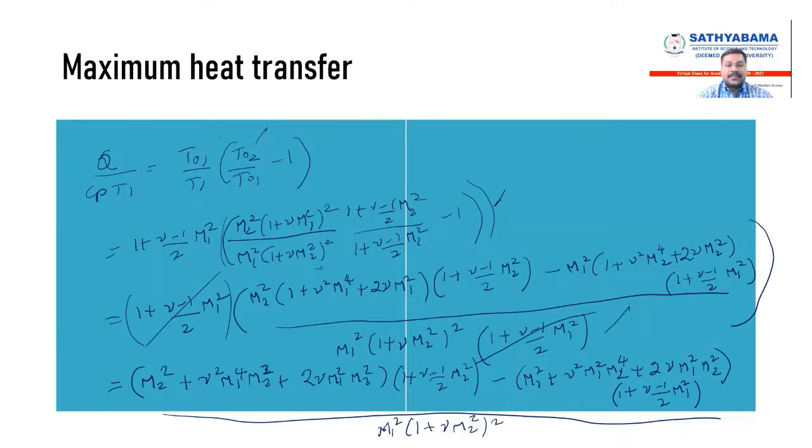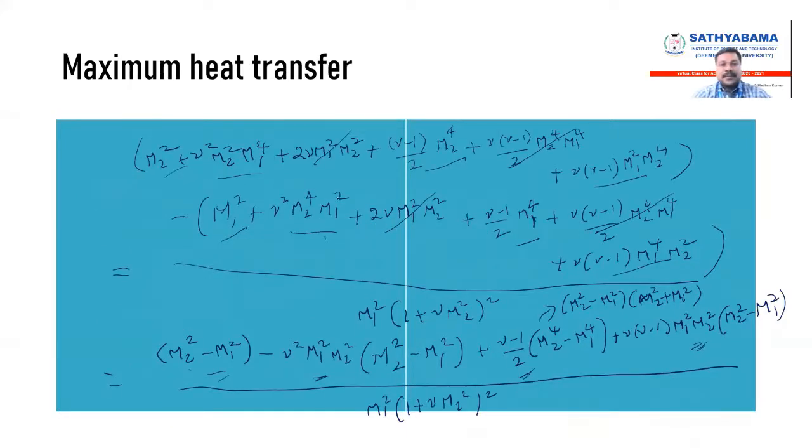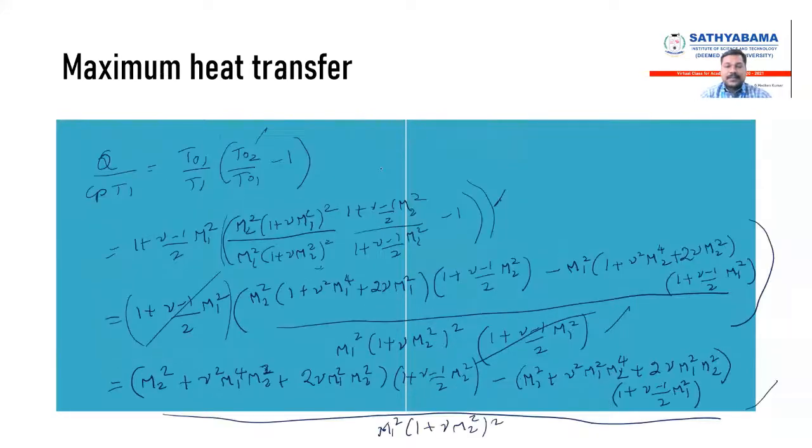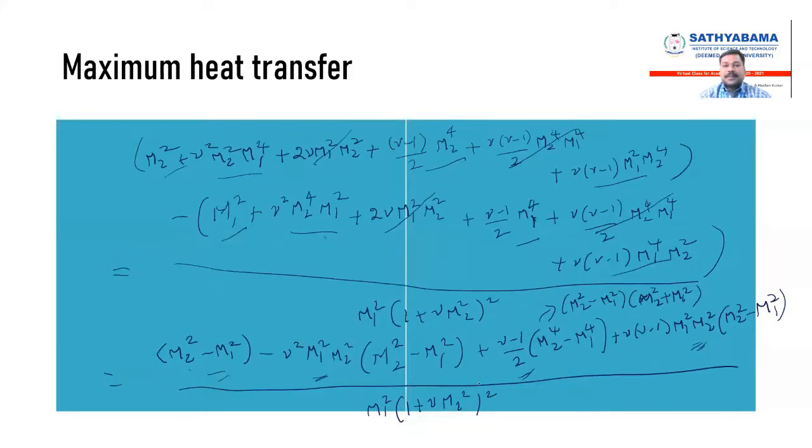And after cancelling out, what we get? After cancelling out, I had expanded this and I am multiplying this m2 square into this, and similarly this m1 square into this, right? And then the process ends. After this, I am just multiplying with the remaining term, that is multiplying this factor to this factor. So on multiplying this factor to this factor, I am having a large equation. And then again, I am simplifying.